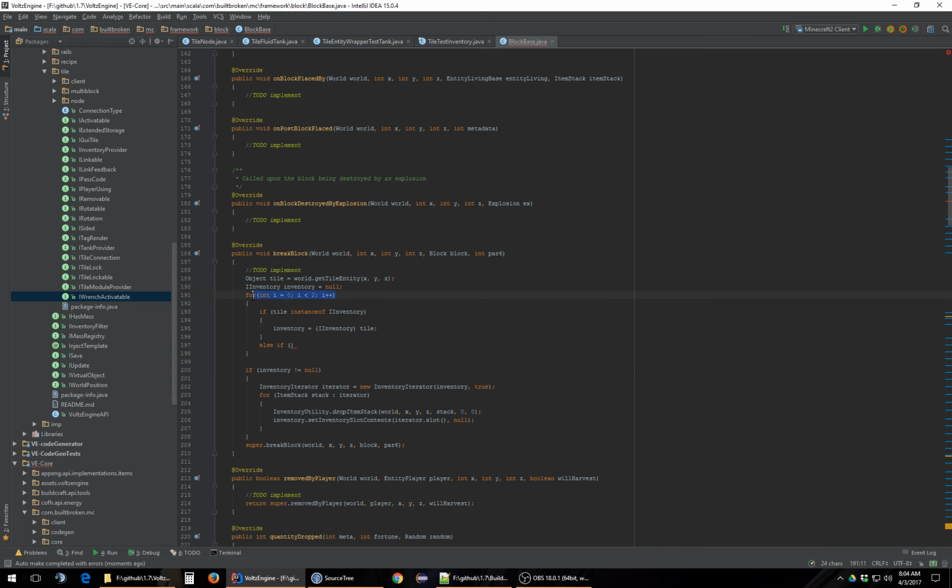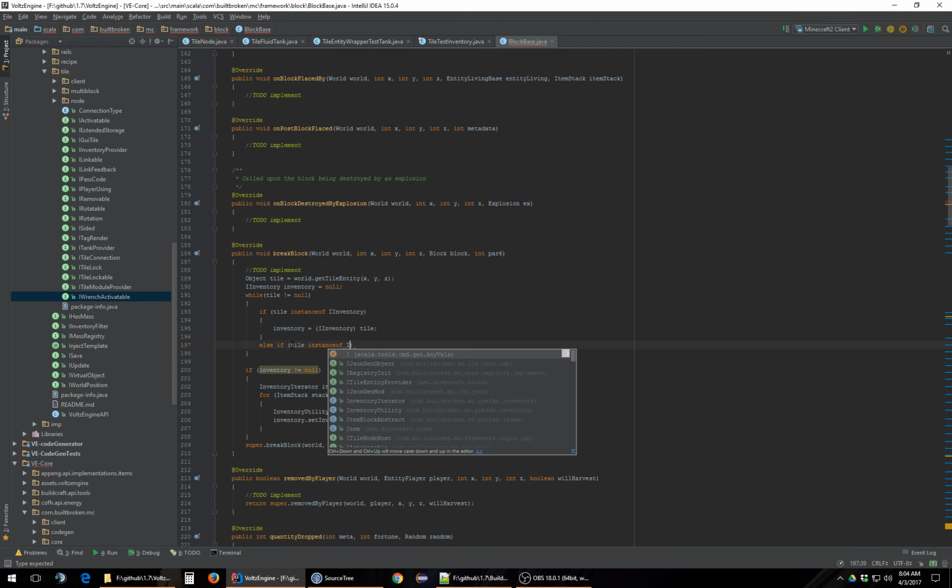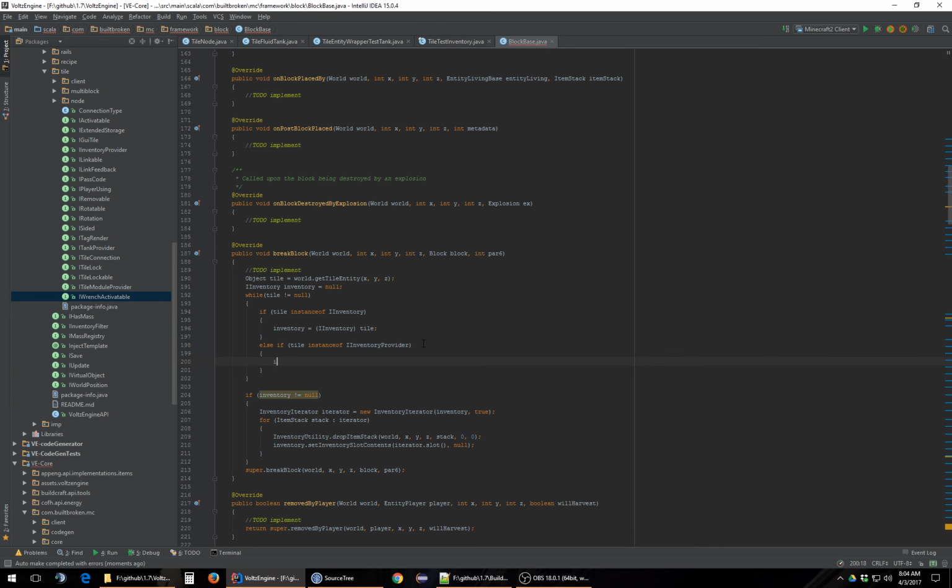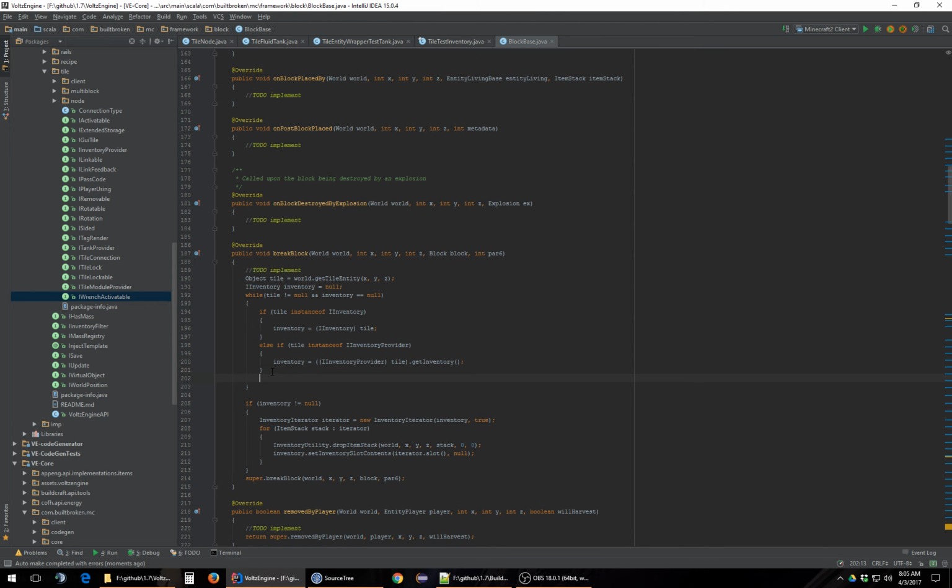Actually, instead of doing it this way, we'll go while tile doesn't equal null. And then we'll go, tile instanceof IExternal, or IInventoryProvider is what it actually is. Then we're going to do inventory equals, actually, we want to do this, and inventory doesn't equal null. So if we find an inventory, or my inventory equals null, if we find an inventory, we want to make sure that we stop the iteration process. This one would be tile.getInventory, and then at the end of this, we want to go if